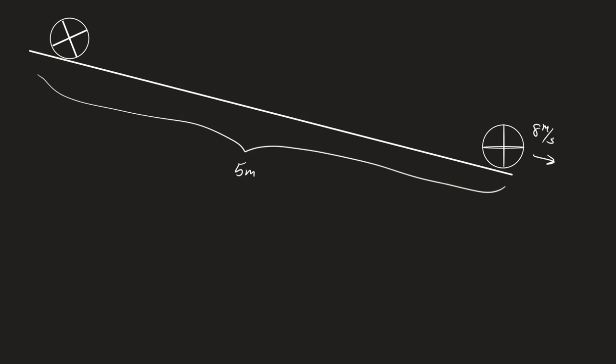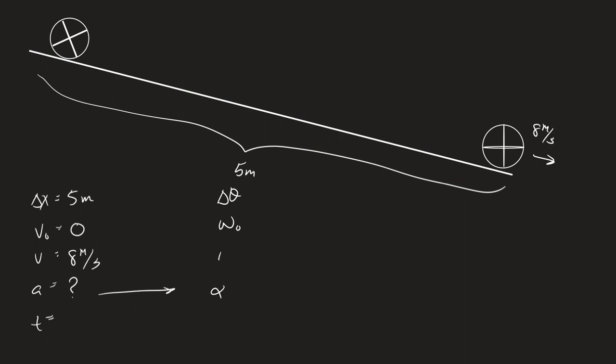Now, the bell's going to ring in a second. There is more than one way to do this problem. You could do the whole problem using translational values, because you have 5 meters, 0, and 8 meters per second. So you could find acceleration and convert it to alpha. Or you can convert everything to angular values and use the angular functions. Doesn't matter which way you do this, but look,